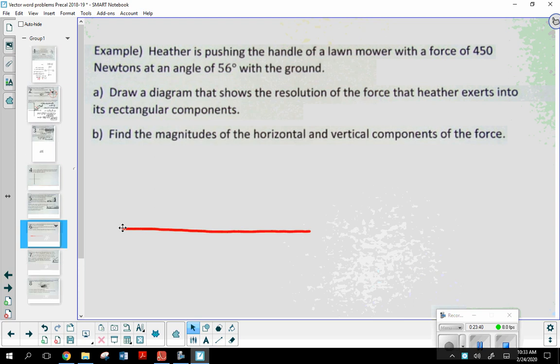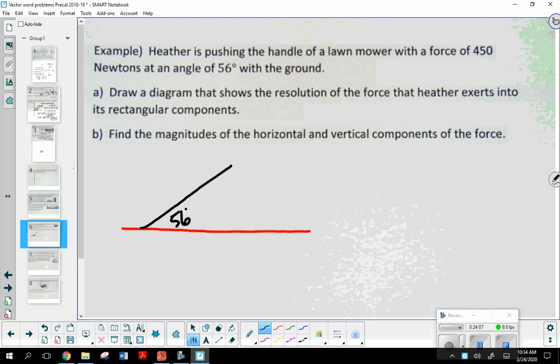And remember, we're in a two-dimensional setting, so it doesn't matter if you draw it to the right or to the left. Okay, so you're drawing it to the left. Now, there's the resultant. Where would the terminal end be? Would it be at the ground or up above? Think about you're pushing the lawnmower. Where would the resulting force be going? It'd be going at the ground. There you go. That's right.